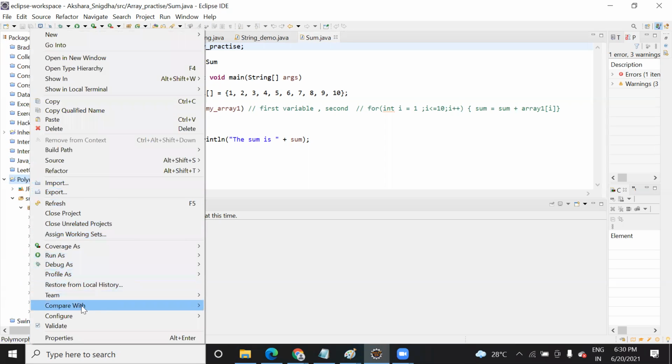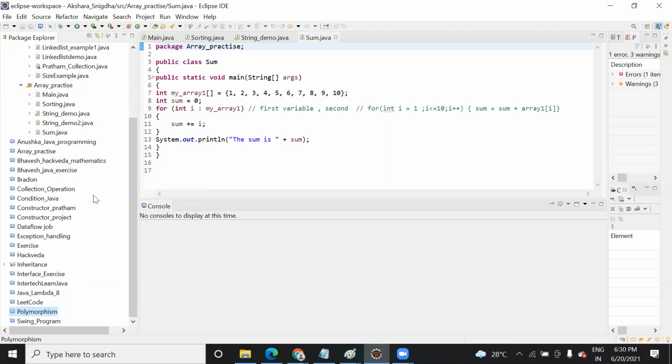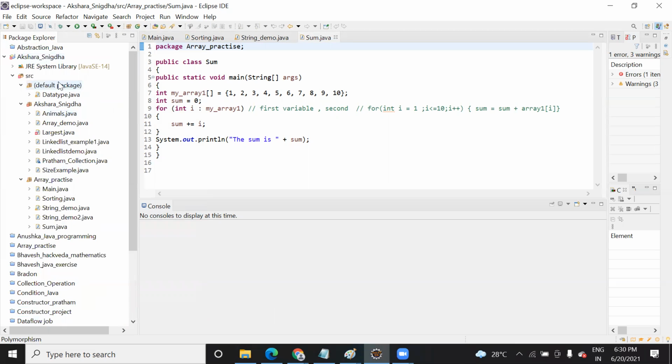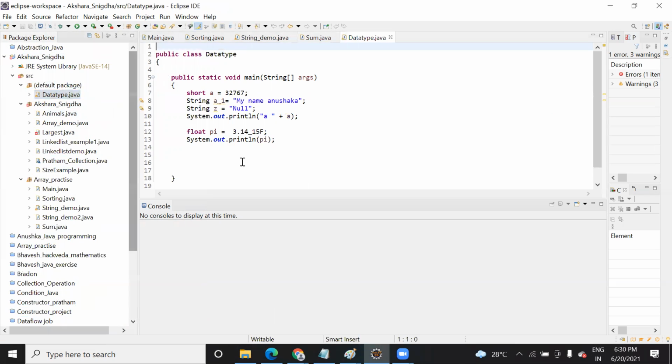Okay, I think I have deleted that program. Okay, I can create a new one.